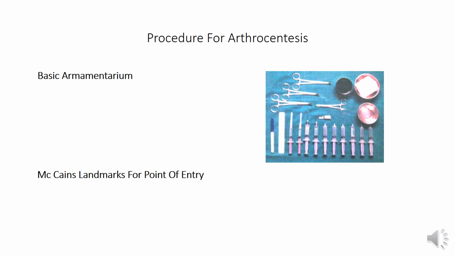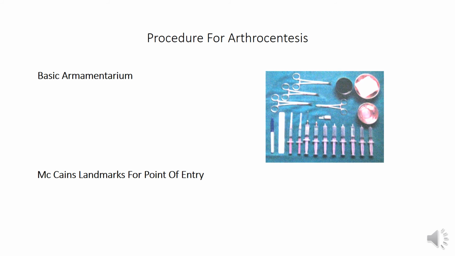So this is the basic armamentarium that is used. You can see a series of syringes. Those are the salines that are used. You can see the surgical marking pens and a scale to measure, to locate where to insert. You can see 2 needle syringes. Those are the syringes that are used, one for the entry of the solution and one for exit.